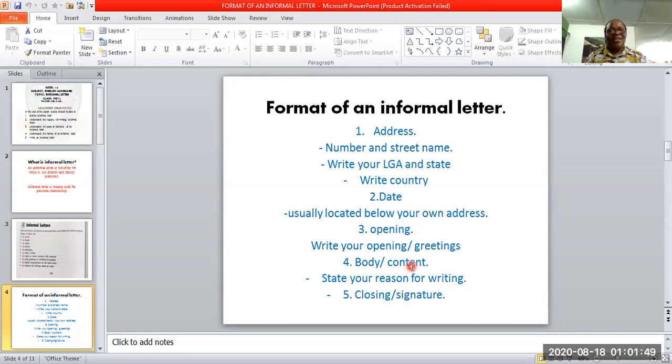Are we together? Now, what is the content of this letter we are writing to Cindy? We are giving Cindy the message that mommy has given birth to triplets, and the triplets are identical in nature. That is the message. So, state your reason for writing. Now, because we are writing to Cindy who lives in Hawaii, what is the reason? The reason for writing is that you are inviting Cindy to come over to your house